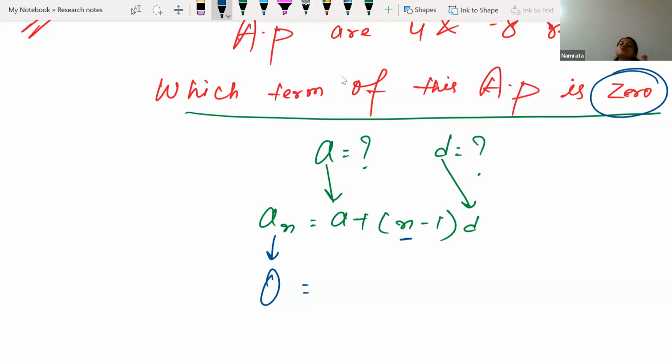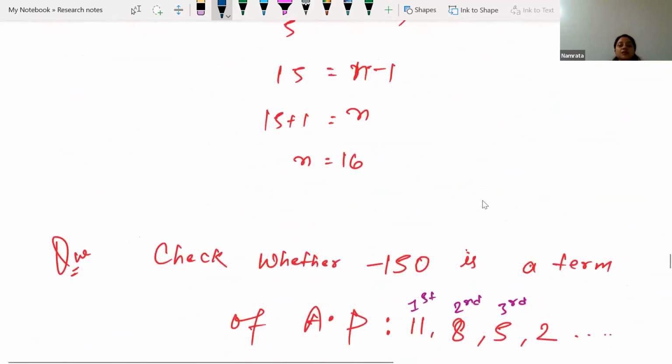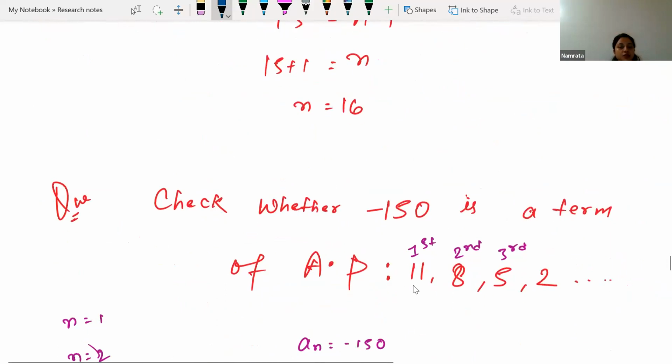And an is what is sitting at that position. It can be 8, it can be 20, it can be 1000. Our AP can start anyway. It can be 11 as a first term, it can be 8 as a second term. And n means just the counting numbers. Okay,